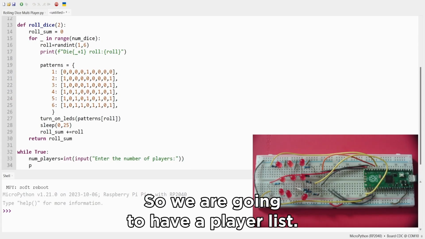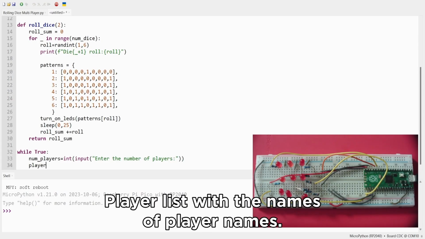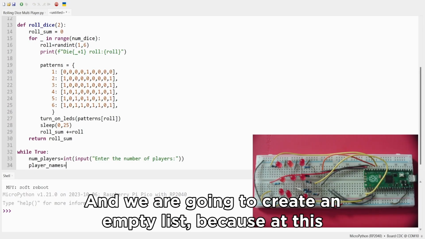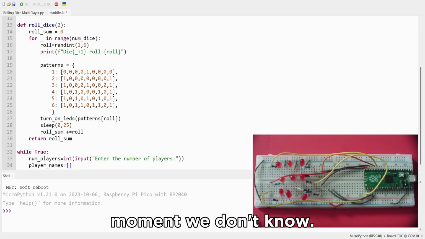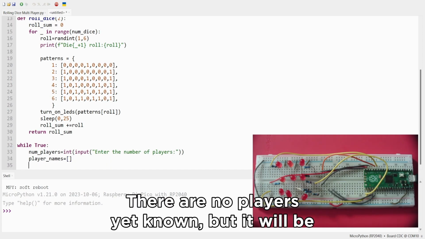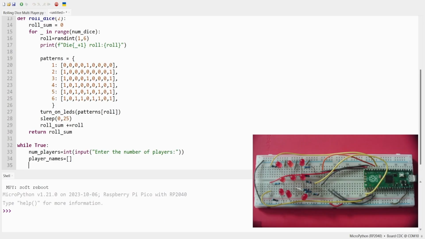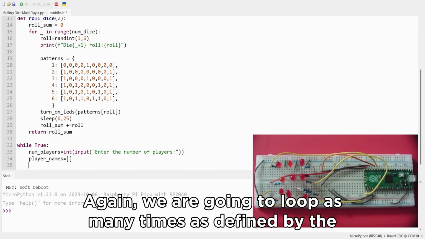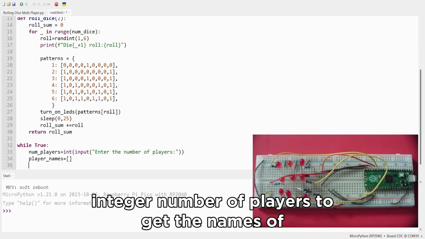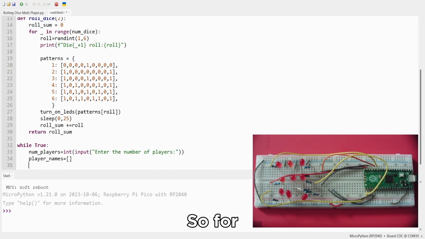So we are going to have a player list with the names, player names, and we are going to create an empty list, because at this moment there are no players known yet, but it will be populated through the input that we will get from the different players. Again, we are going to loop as many times as defined by the integer number of players to get the names of those players. So for